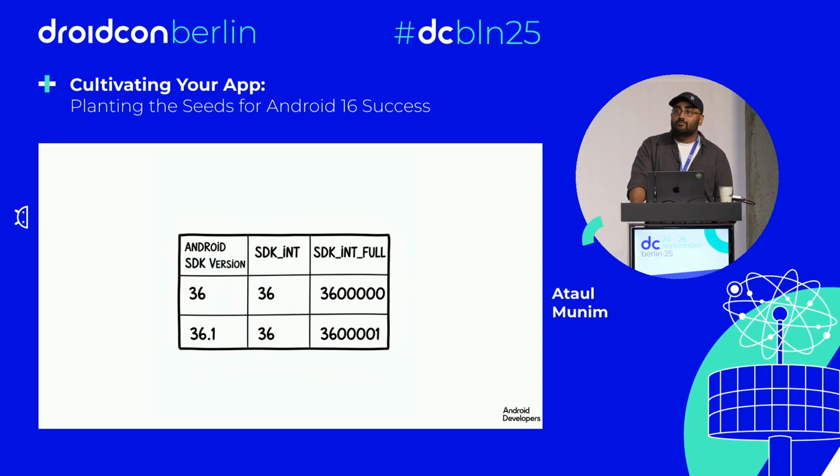We can ensure that minor releases of Android don't contain intentional behavior changes because Target SDK uses the SDK int value, and these are the same for subsequent minor revisions of an SDK. The runtime has to assume the lowest common denominator, which is the major release, 36 in this case. The column on the right, though, shows a new property that's available from SDK 36.1, the SDK int full. You can use this constant at runtime to use new APIs conditionally, meaning if you want to use the new APIs that are available in minor SDK releases, you can.